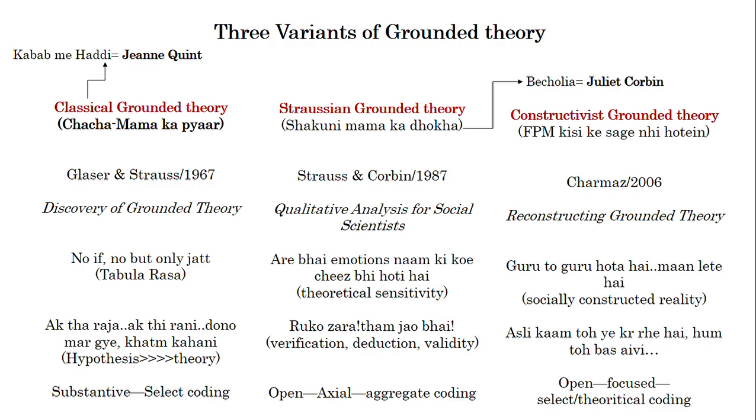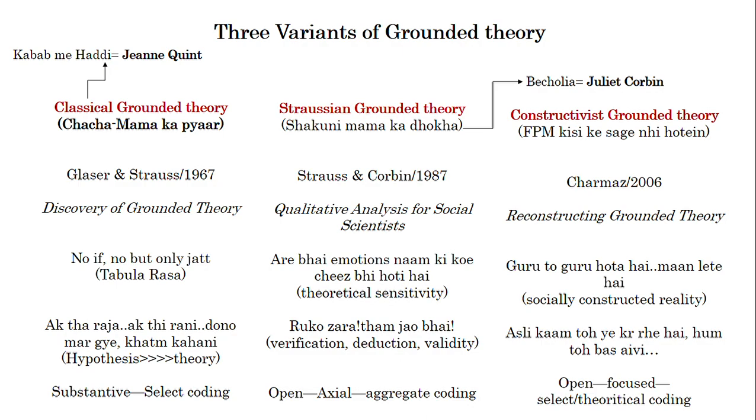Why? Because then the ideas of both pure sciences as well as pure humanities could be included. And this is very evident when you go through the grounded theory discussions. You will realize that it has components coming from pure sciences as well as from humanities. Now today there are three different variants of grounded theory which are very popular. Though there is one more variant called interpretivist grounded theory, these three are the most popular ones.